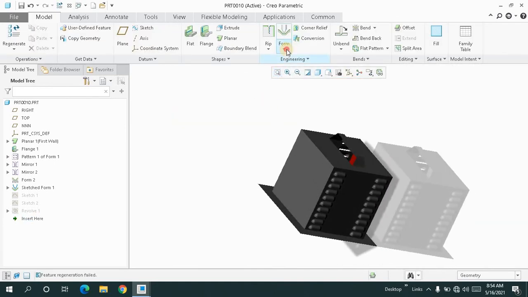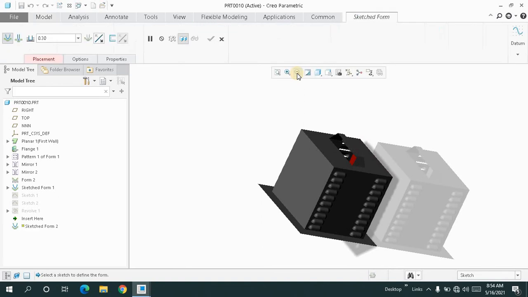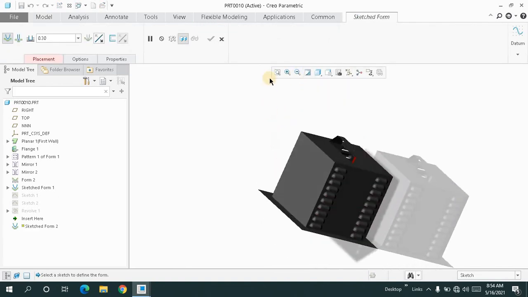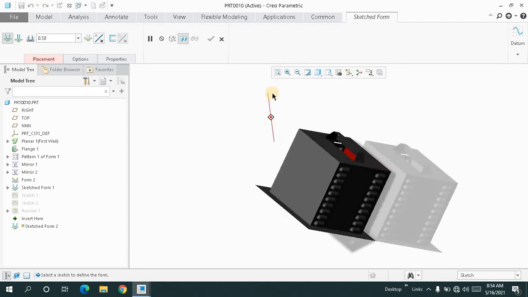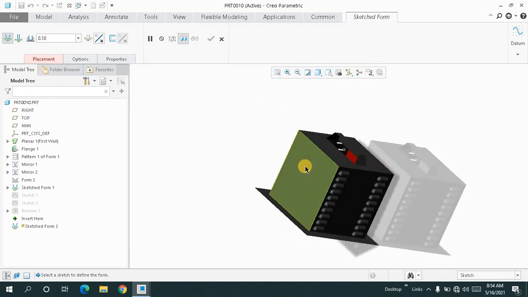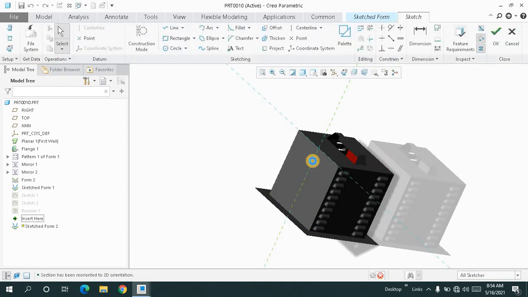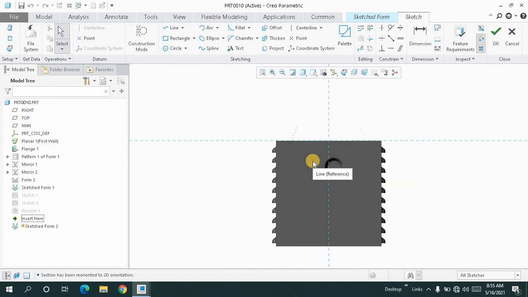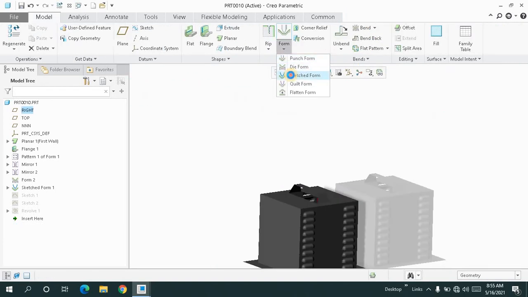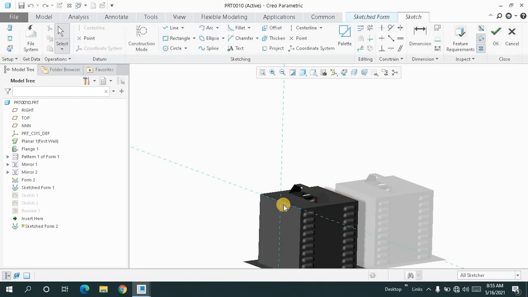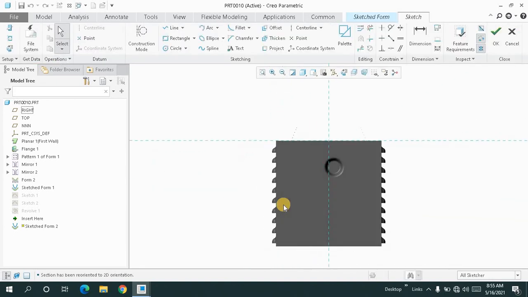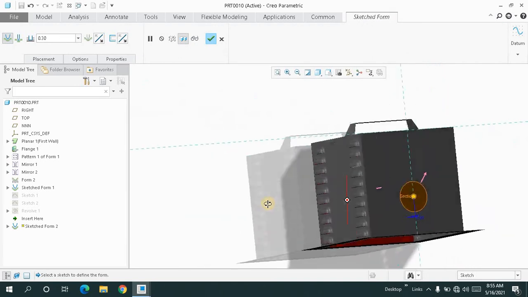So now the last one is the sketch form, which is very simple. That don't want to have any additional part to bring here. You have to just choose any of the face, make it normal, sketch form, choose this face, make it normal, and I will just draw a circle like this. Okay, and